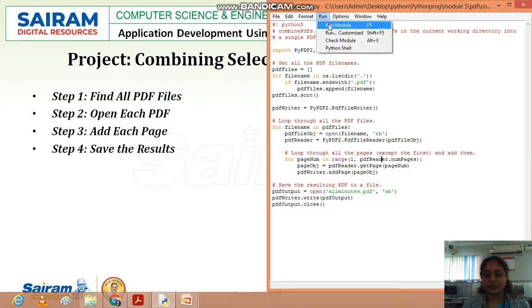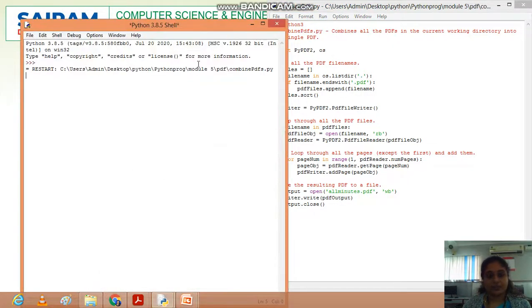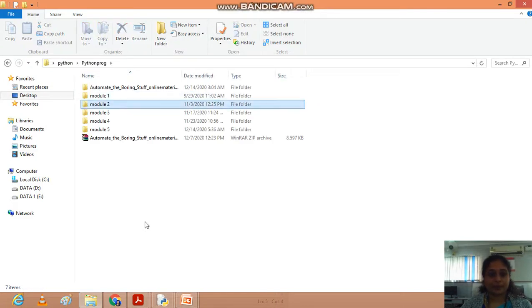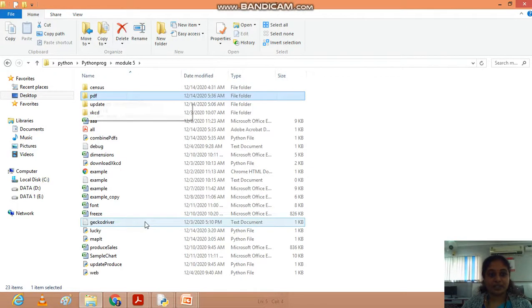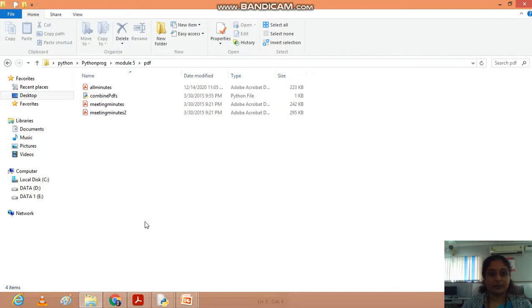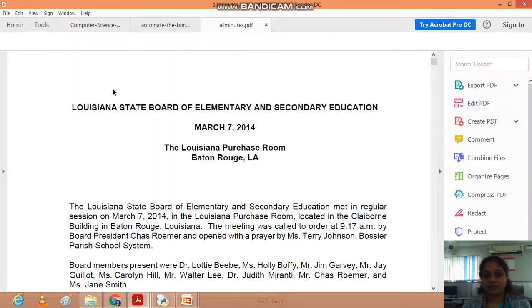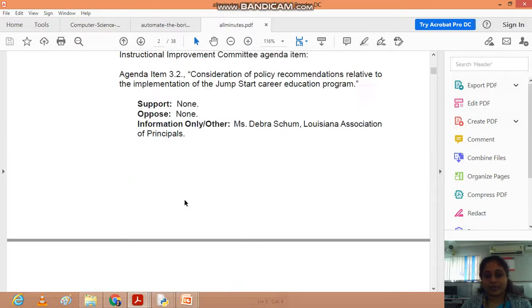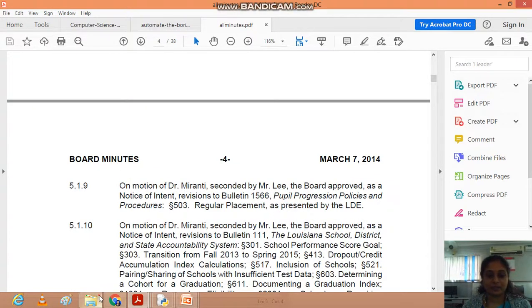If we run the module, once the program execution is done, if we go to the program directory, this is the root directory of the program where the combined PDFs program is written, and meeting minutes and minutes 2 are the two files. allminutes is a file which contains data saved from the previous PDFs.